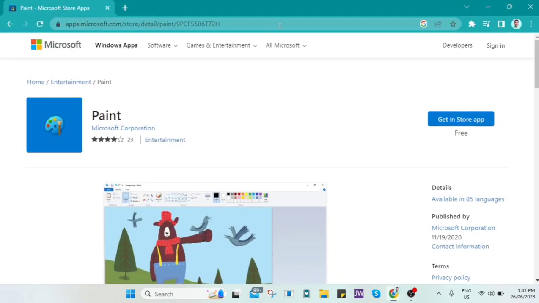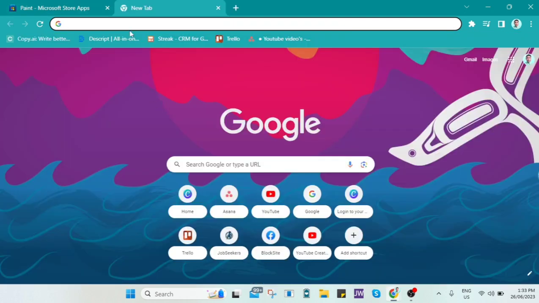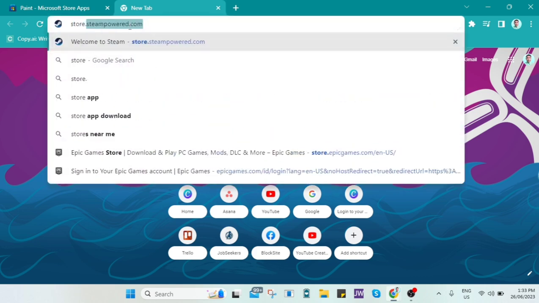You can go right here on apps.microsoft.com and then you'll find this Paint right here. But I want you to copy that link right there at the top. So you just right click your mouse and click copy. Then next, open a new tab and search for a store that